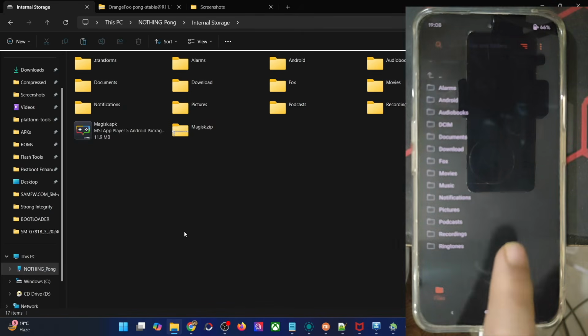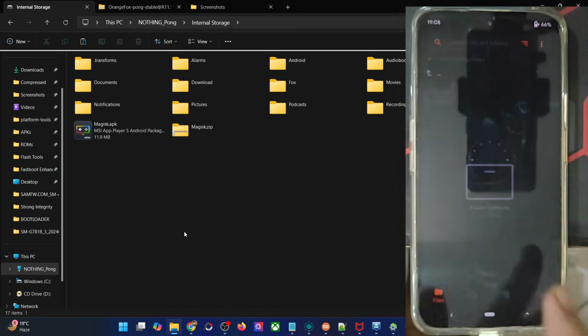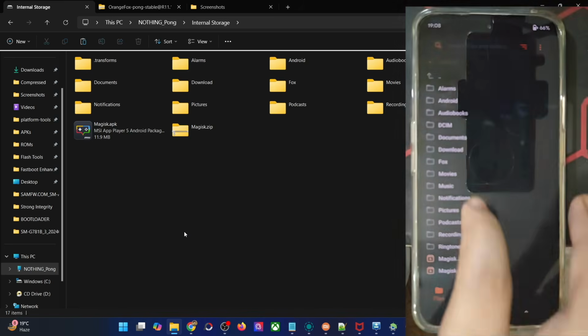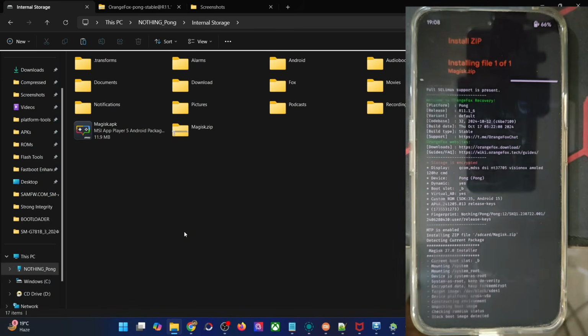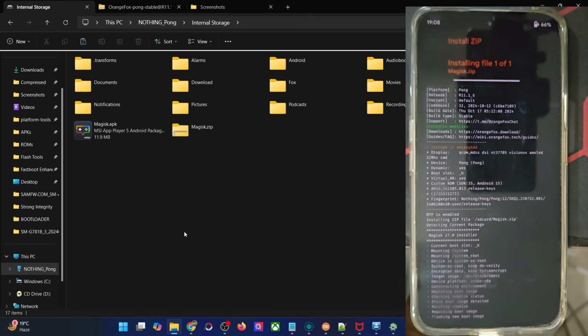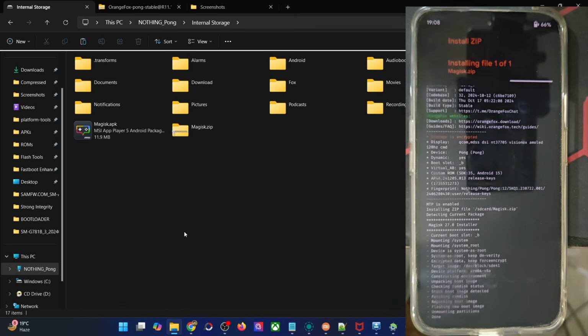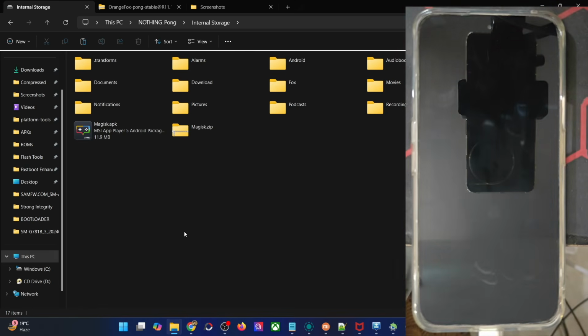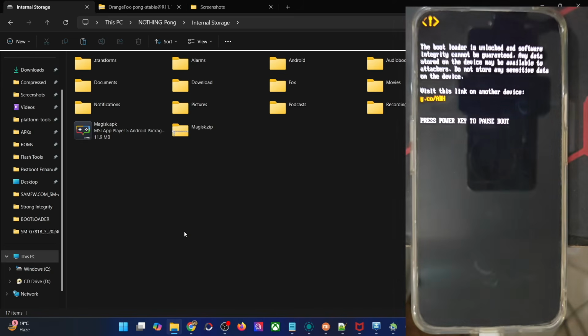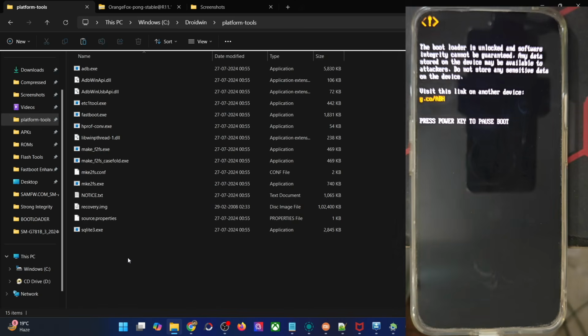Now go to the install section. Just give me a second. And select the Magisk zip file, swipe to flash. The flashing will take just a few seconds and it should be done now. As soon as the flashing is complete, you may then reboot to the newly flashed OS. So just tap on reboot system and your phone should now boot to the OS, but the Magisk is only installed in the backend. In the front end, Magisk is yet to be installed. So you will have to install the Magisk APK, and you might also have to do a direct install as well.